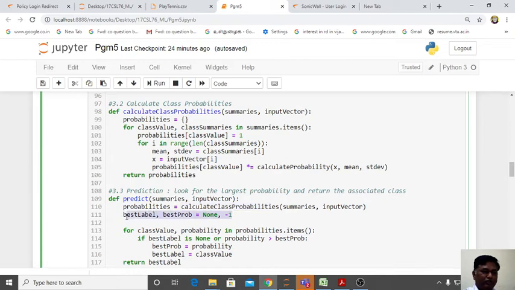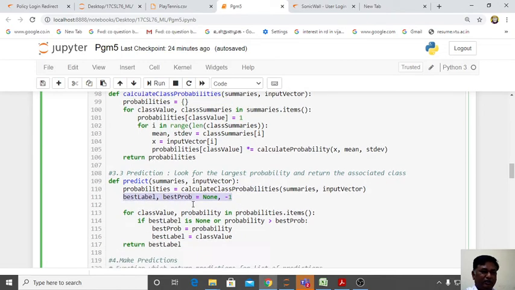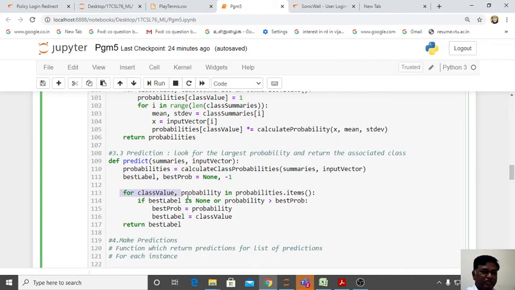So these are the 2 initial variables set as null. One for loop is initialized for both items. We have 2 items, 0 and 1. If best label is none, any one of this condition, you see. So initially this is none only, right? Best label is none. Probability is beginning minus some probability value will be there already.